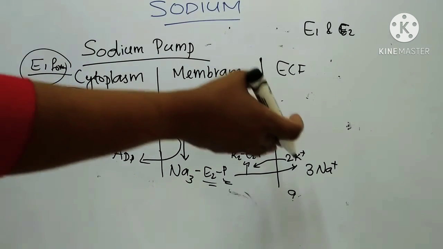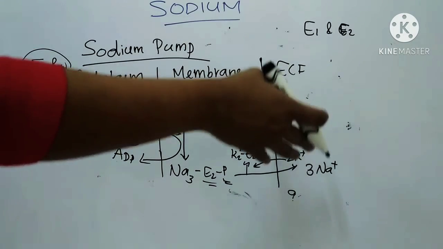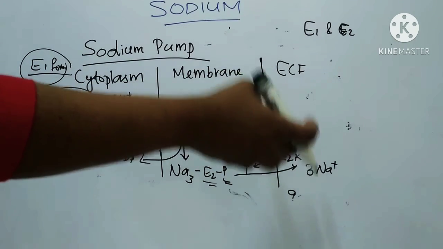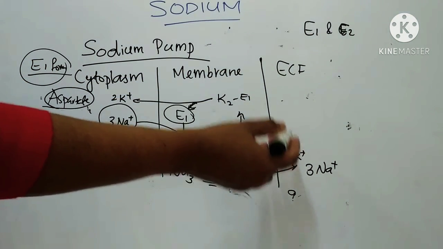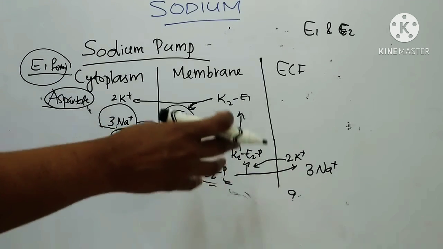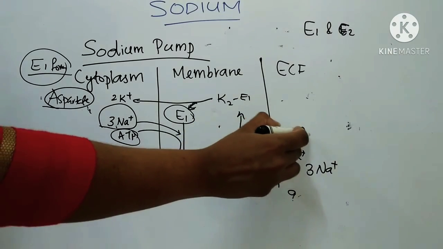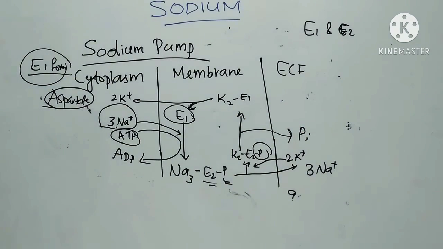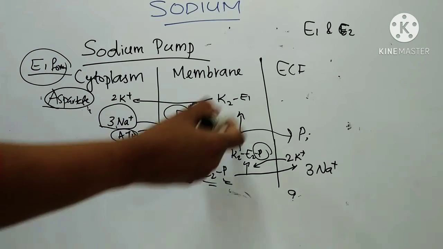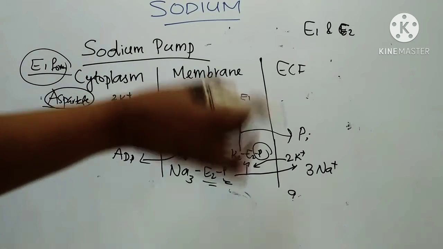Now the potassium ions. The potassium ions from the extracellular fluid bind to the respective ion binding sites of the pump. This lowers the affinity of E2 for phosphate, and this phosphate is released into the extracellular fluid. This dephosphorylation changes E2 into E1,